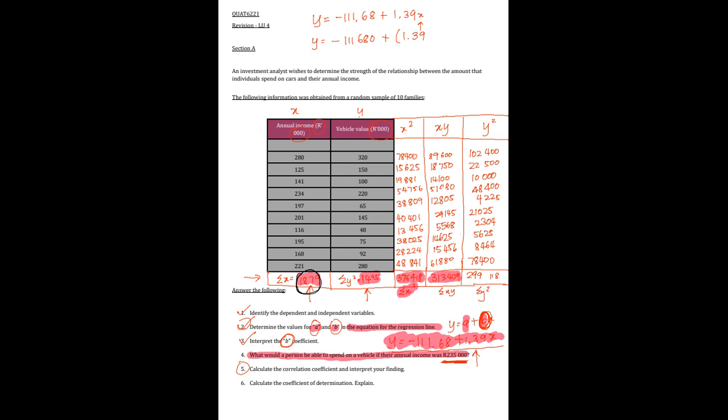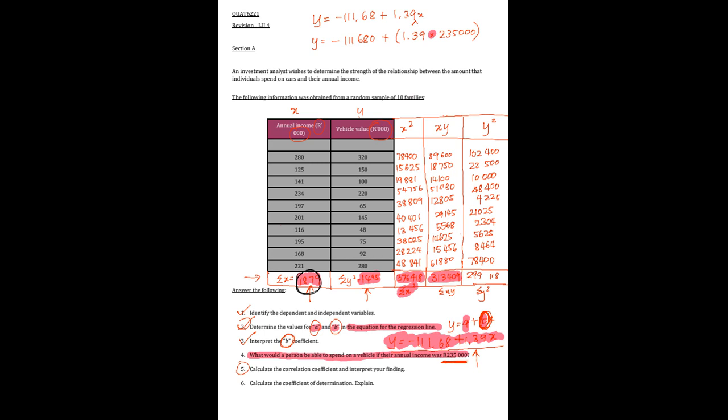Now, the reason I'm putting in this sign in the center is because, again, as long as there's no sign, you're going to automatically be multiplying. So here it's 1.39 times x, but there is no sign. You don't need to put a multiplication sign. So it's a given that it's multiplication. So it'll be plus, and then within brackets, it's 1.39 times 235,000. So now you will